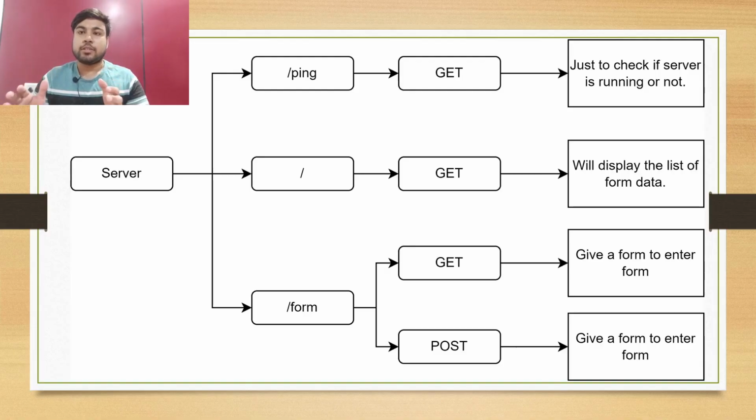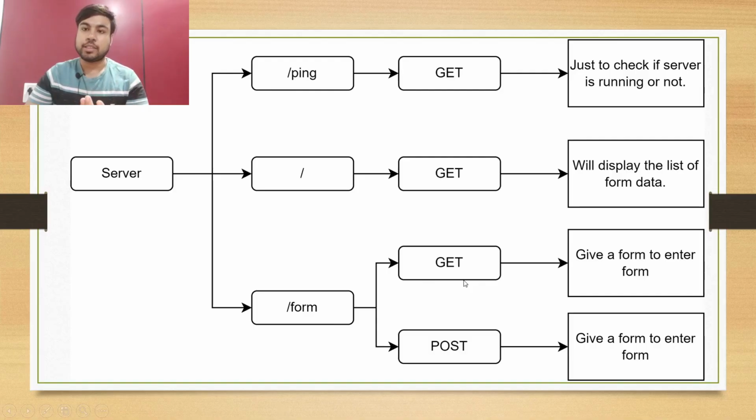And so here's the structure of our website. Our server would have mainly three endpoints. One would be the ping that would simply return if the website is working or not, and then there will be an index page that would list all the form inputs that we had given it, and it will be pre-populated with some dummy data to start with, and then we'll create the /form endpoint, which would give us a form